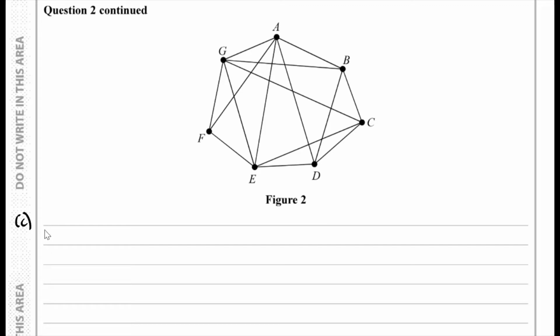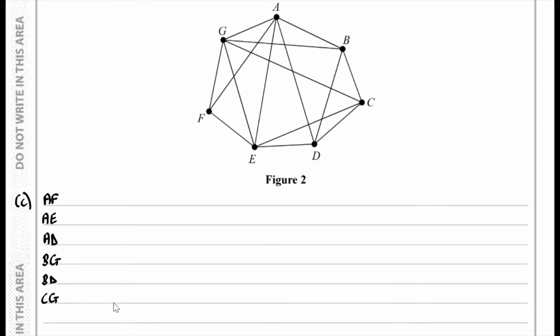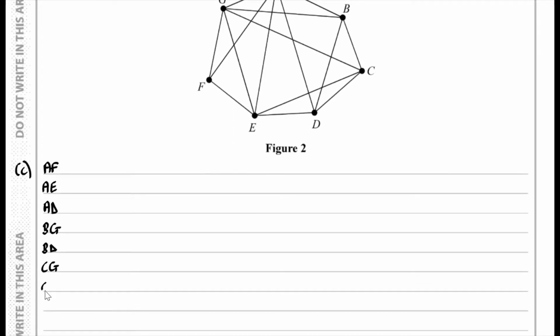So we have AF, then we have AE, and we have AD, and then we have BG, and then we have BD, and then we have CG, and then we have CE,